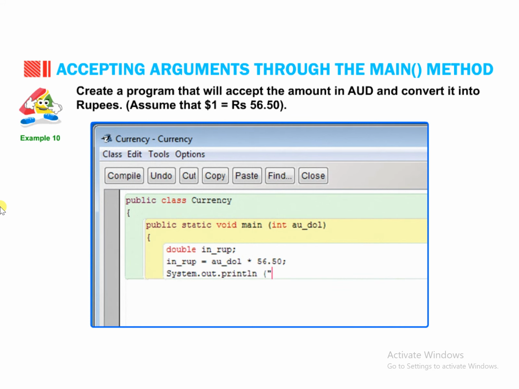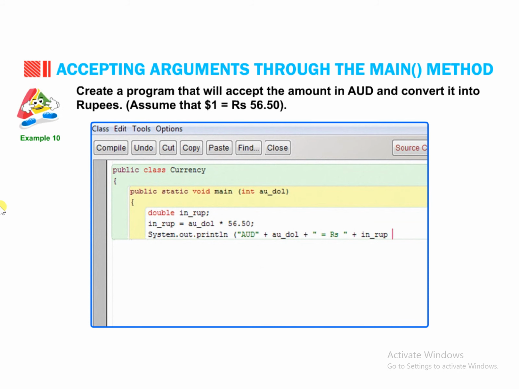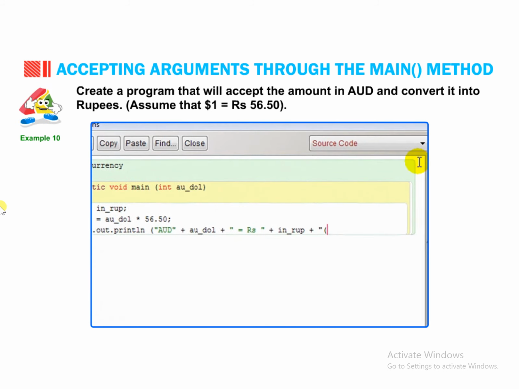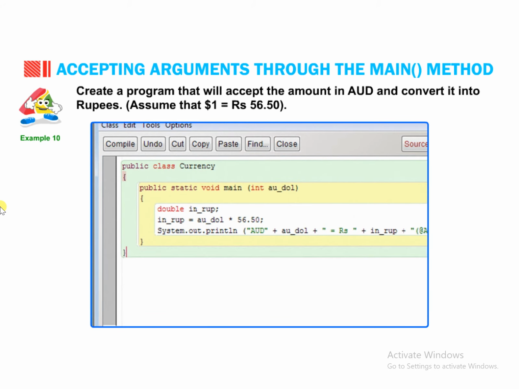System.out.println("USD " + au_doll + " = rupees " + in_rupee + " (at USD 1 = rupees 56.50)"); } }